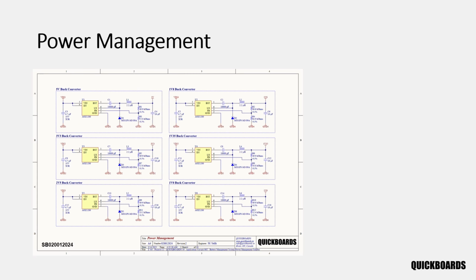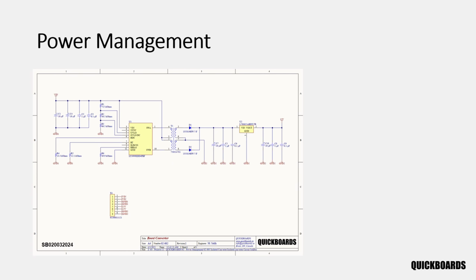To power all the subcircuits, we've selected Power Management Schematic Block number 0200122024, which includes 6 buck converter channels. For this design, only the 3.3-volt and 5-volt converters are required to supply the necessary rails for the microcontroller, sensors, and communication circuits. To power the LTC6811 chip while maintaining ground isolation, we've selected Isolated Power Management Schematic Block number